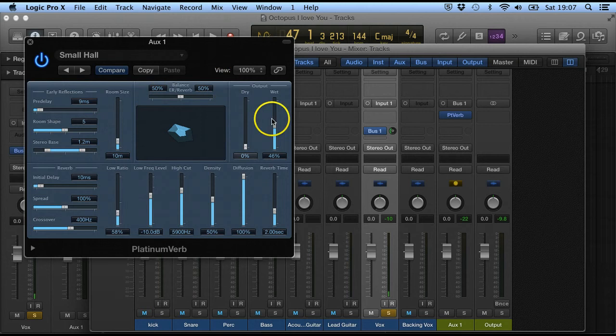So now I've got this bus 1 where I've sent in some of the vocals, which is then going into this auxiliary, which will be passing through this reverb, and we are getting the amount of reverb that comes out here. So if I press play,